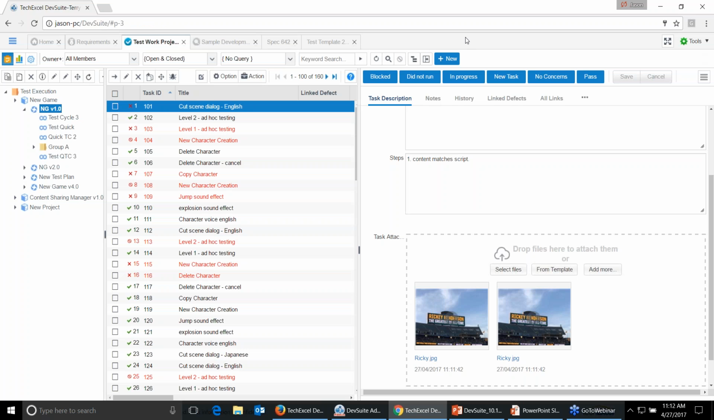And my mouse is now hidden. Okay, there we go. All right,